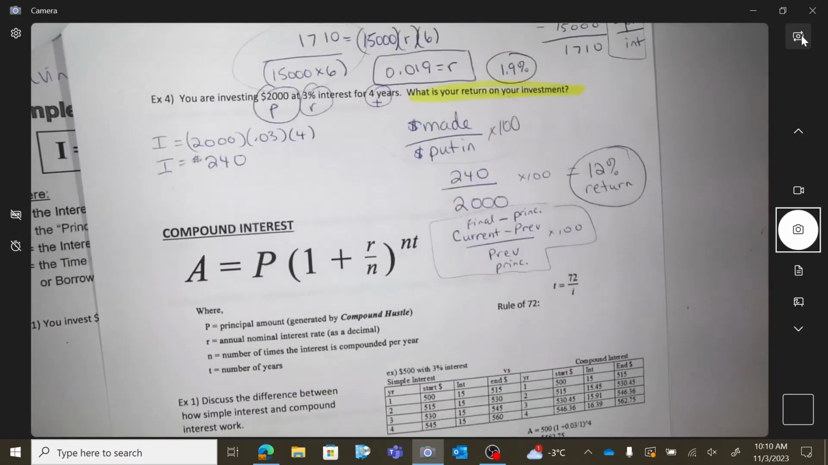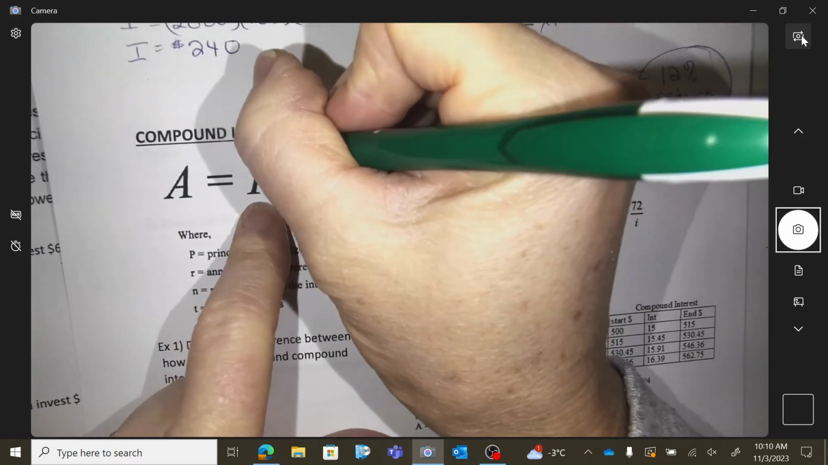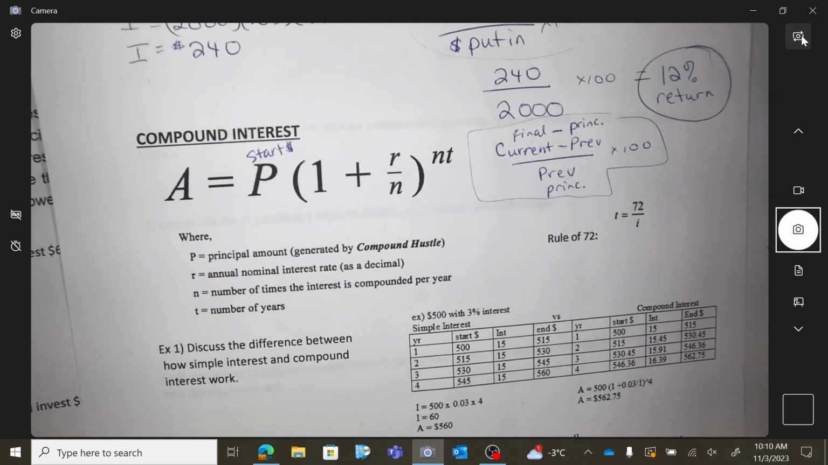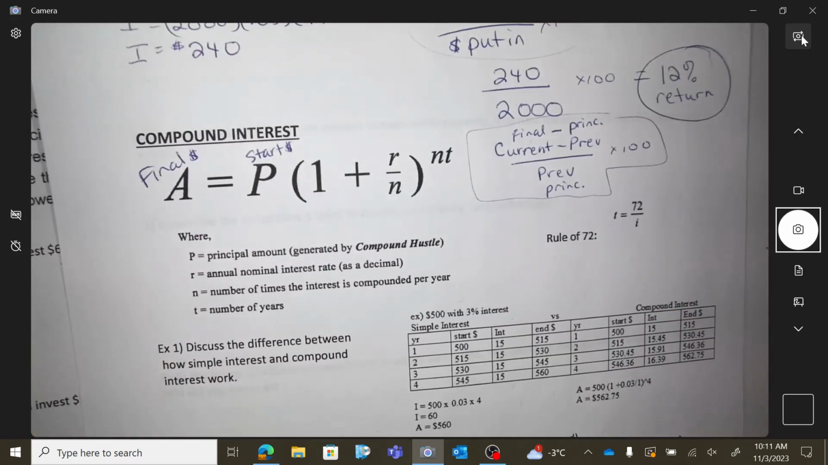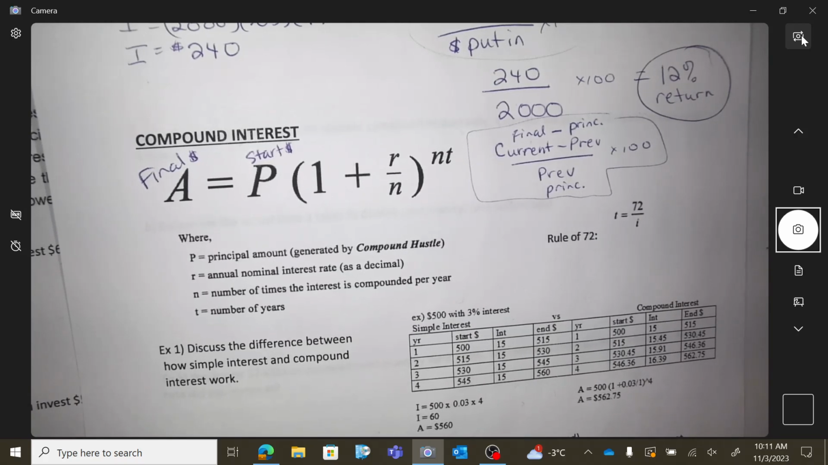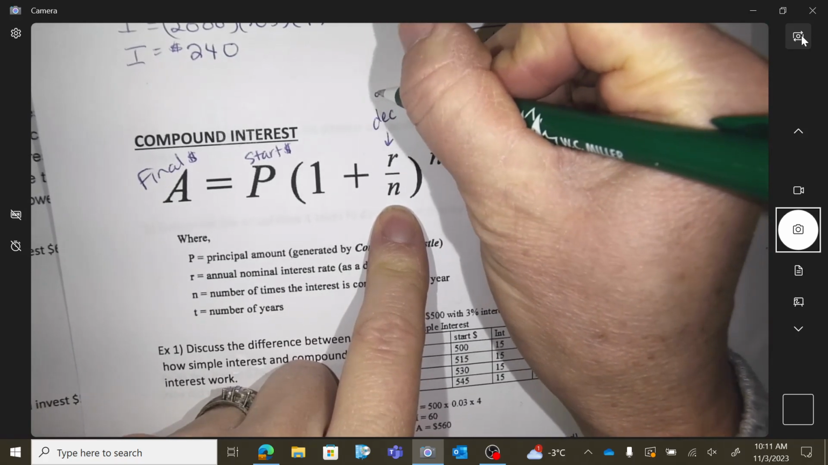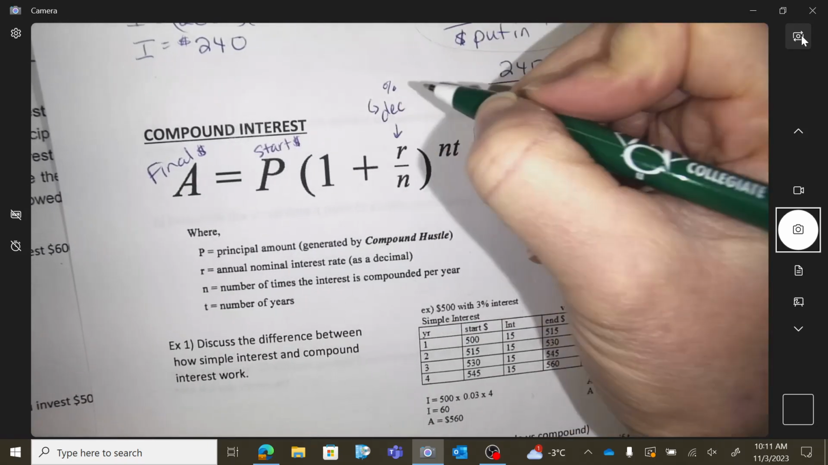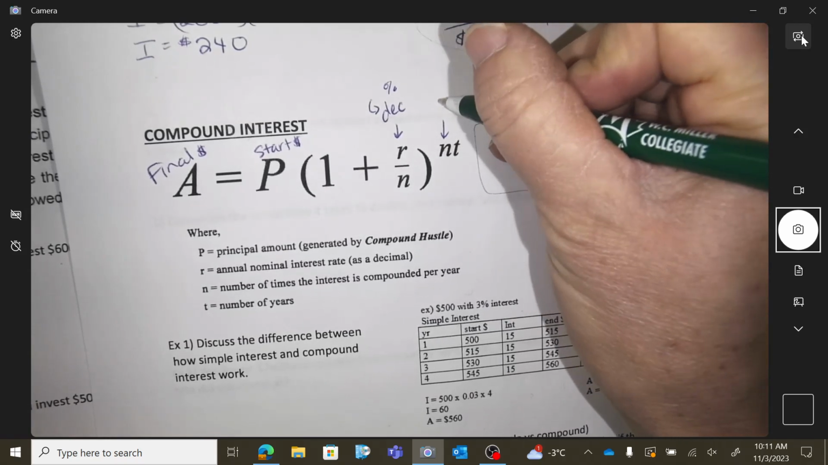Compound. Okay, so here's the formula. It's a little bit different. P, we know that's the start, how much money you have at the start. This time, it equals the final. So our interest formula gives us interest, and this formula gives us final. R, make sure you turn that percent into a decimal, right? And N is the number